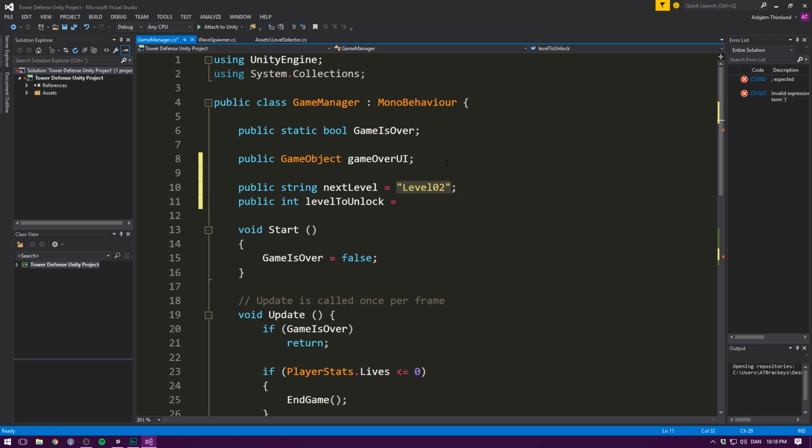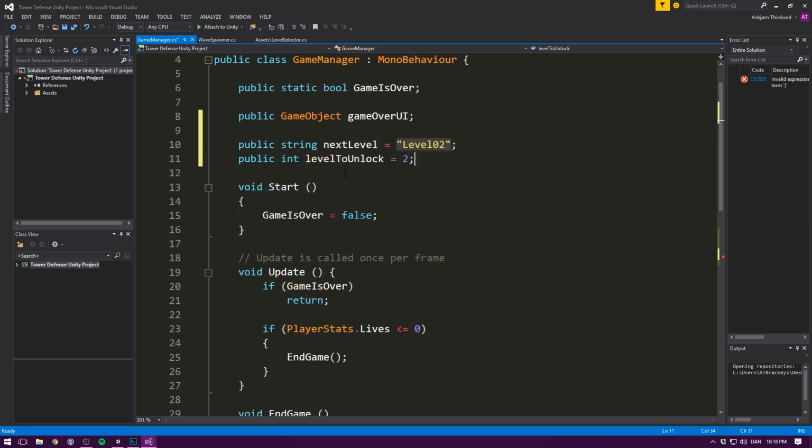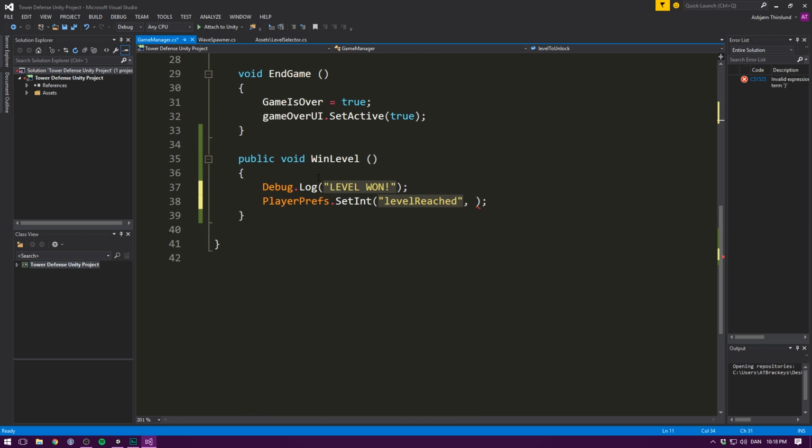And we can default that to 2 as well. So this is a bit more fragile because you'll have to remember to write everything in there, but you will have to add it to the level array anyways, and it's just a lot easier. So now we simply input level to unlock in here,